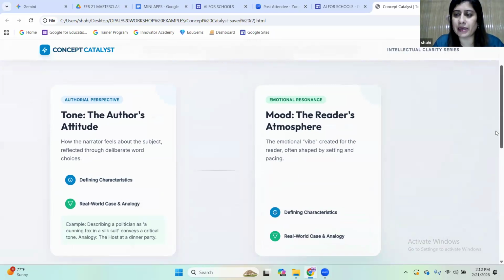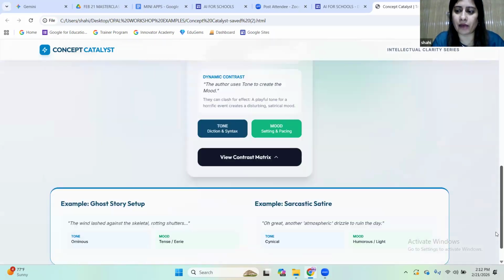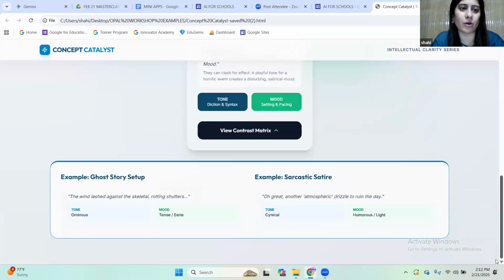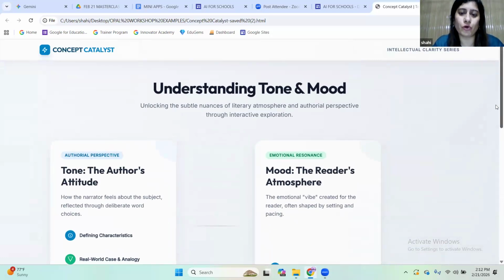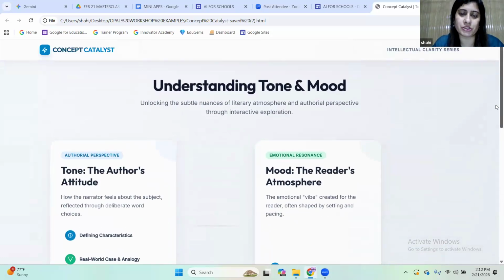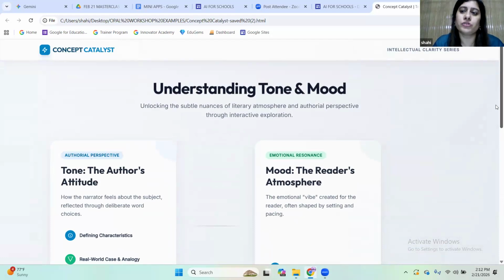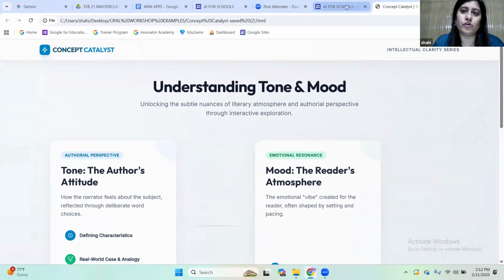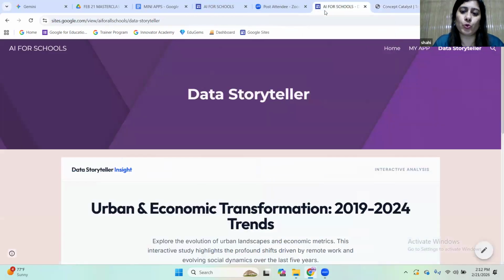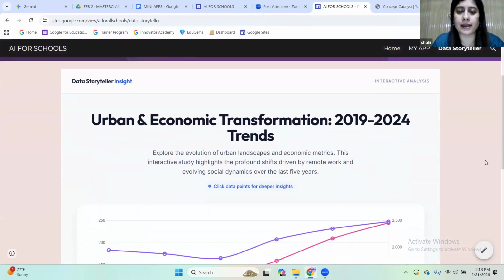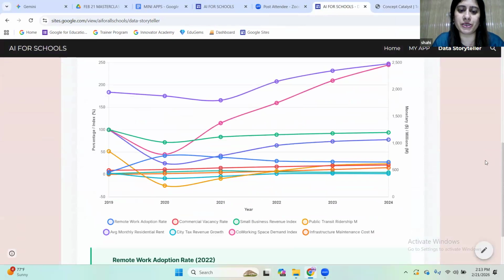Now, a question might arise: for example, I have downloaded it on my computer as an HTML file. If you want to share it with your students or with other teachers, what could be the method? For example, I have my own Google Site created, and I can embed the HTML code here, and that output will be visible to my students and my fellows.